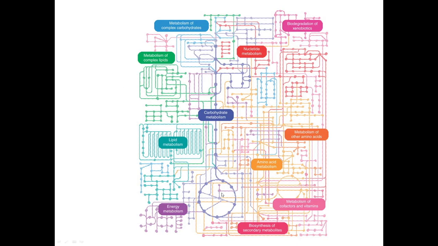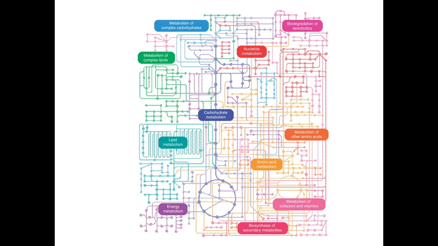So these are the reactions. For example, these carbohydrate reactions are shown in blue. Nucleotide reactions are in red. Then metabolism of complex lipid is shown here in green. Then biodegradation of xenobiotics: outside substances we eat get biodegraded in the liver, and this xenobiotics degradation is shown here. Metabolism of amino acid is shown with this color. The cofactors and vitamins also get metabolized. Then secondary metabolites, complex carbohydrate. So basically this is a very complex set of reactions.